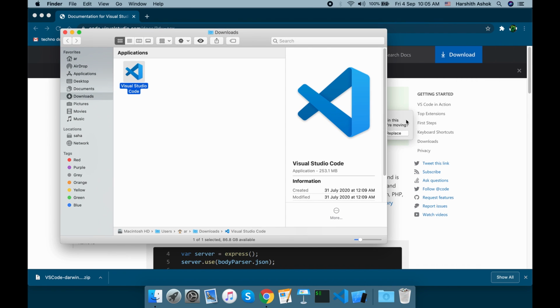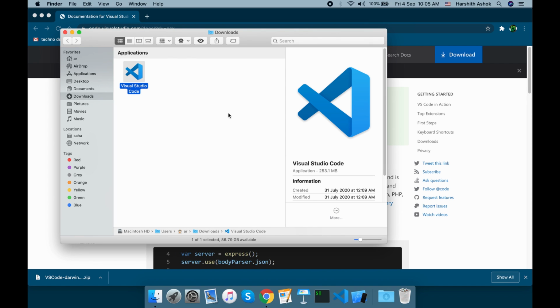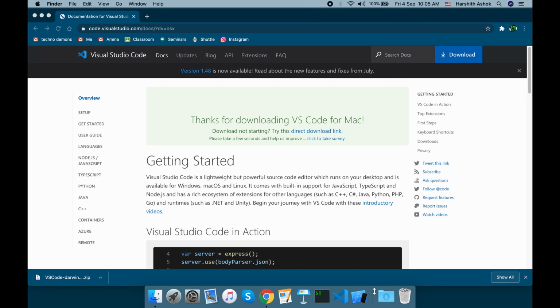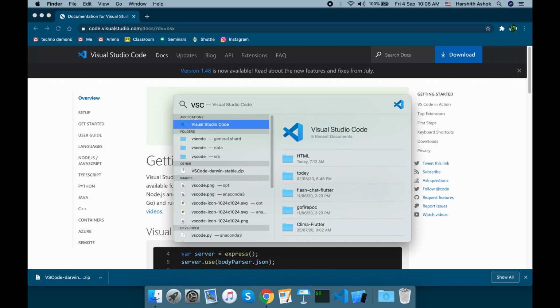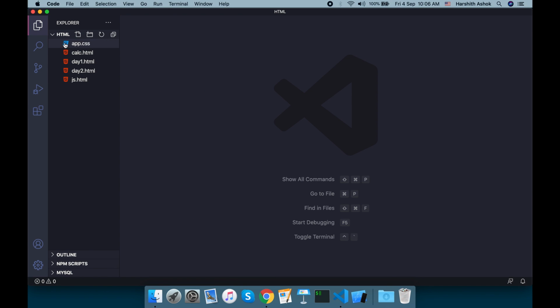I already have Visual Studio installed, so I get this warning asking if I want to replace it, but actually you will not get any of this. It will just move the application there. So I'm just going to stop it over here, and then go to Spotlight and search for VS Code. This should open up this thing over here.